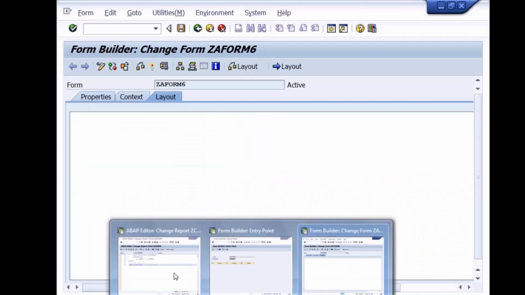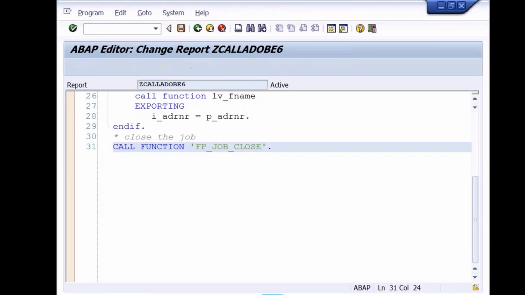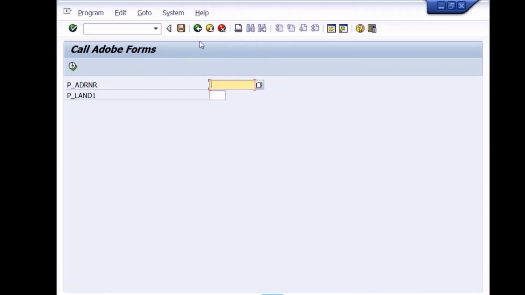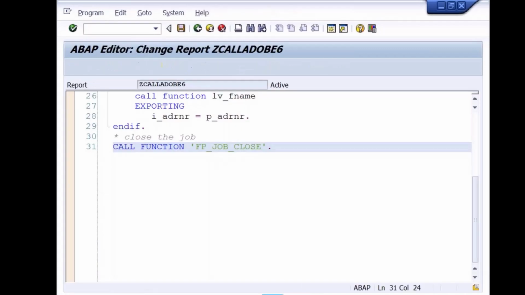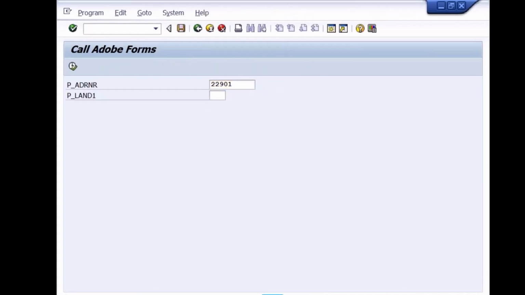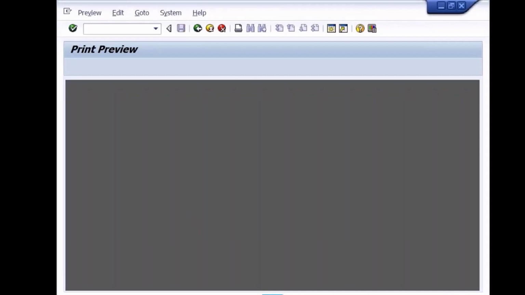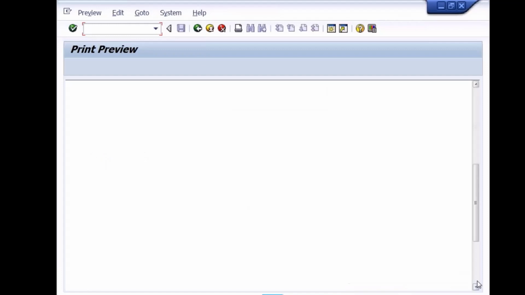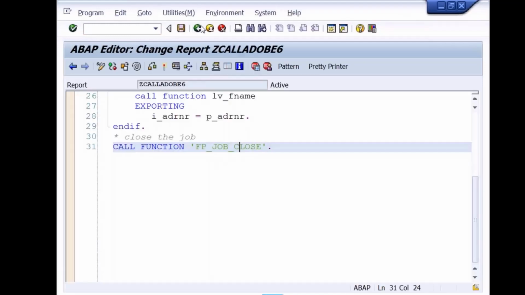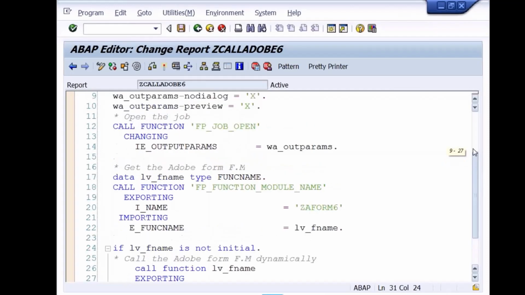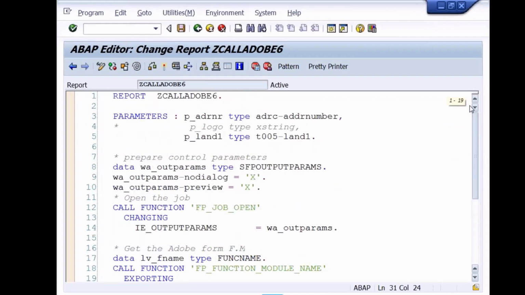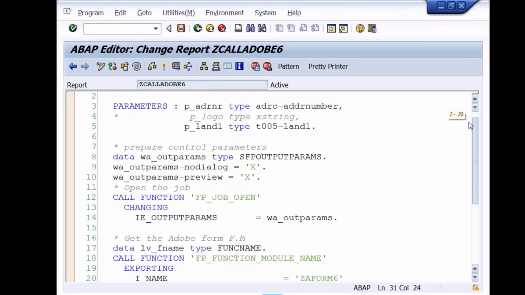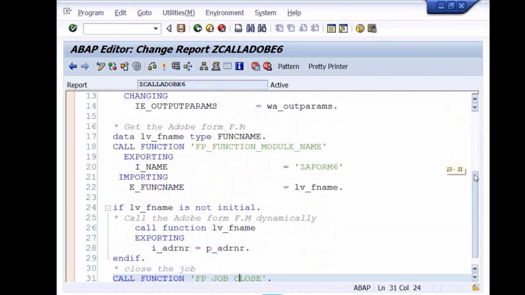Done. Let me re-execute the driver program. We are passing the address number only. Done.